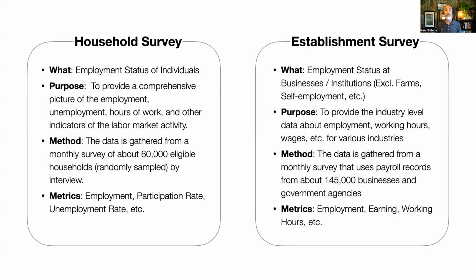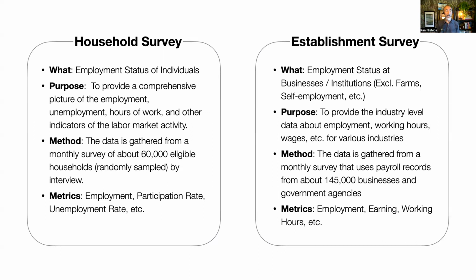Another difference between these two is that the left-hand side, again, focuses on the individual. That means you can get data like sex, male or female, ages, ethnicity, and so on. It really depends on focusing on individual-level data. The right-hand side doesn't have such data. Instead, they have industry data. For example, government employment, healthcare employment, the service sector, the manufacturing sector, and so on. That's the big difference in characteristics between these two.